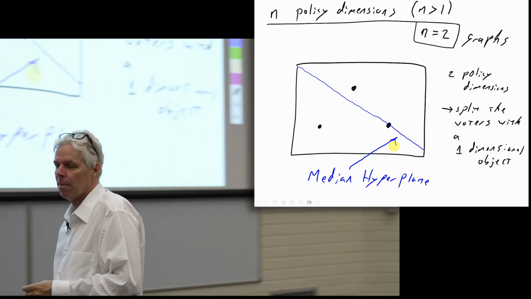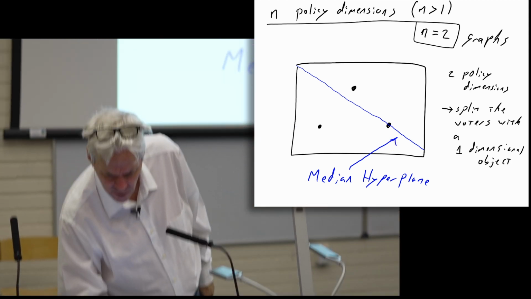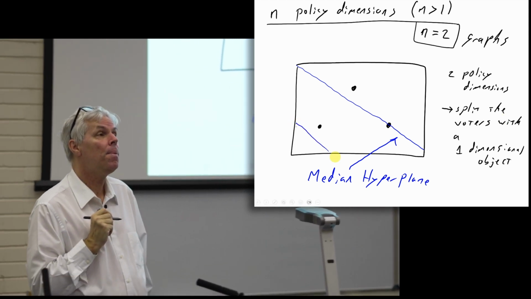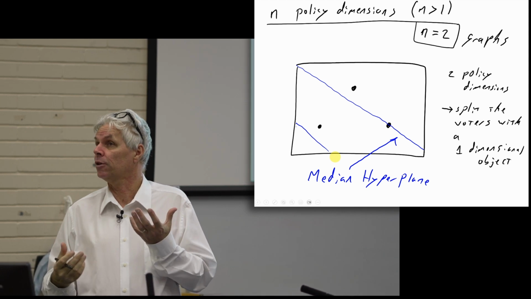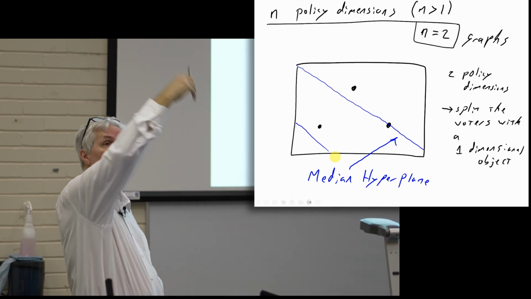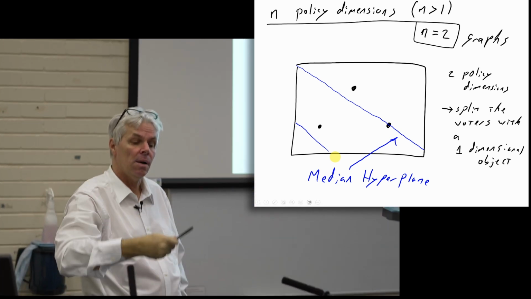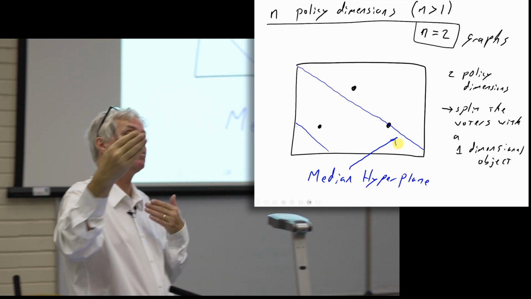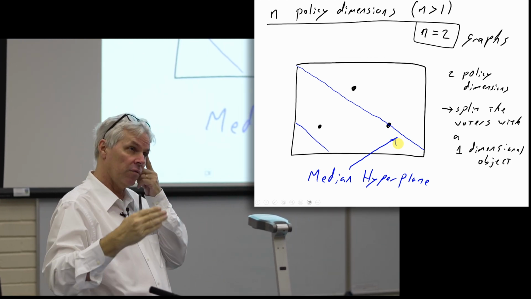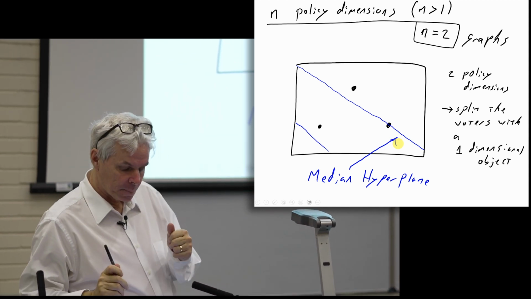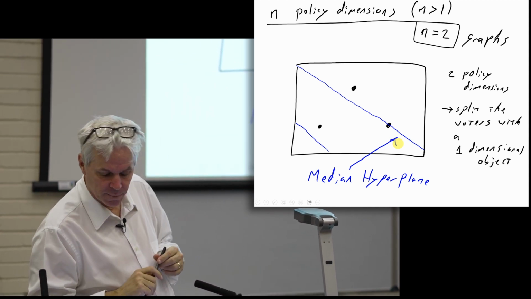Whereas when I put it down below, it was still a line, or hyperplane, if you're into that kind of thing. But it didn't have that median nature. It was just a line. That's the hyperplane, right? Because there were more people on one side than on the other. But this one is a median hyperplane because we got the same number of people on the one side versus the other. Okay. So now that we've introduced our first bit of jargon,